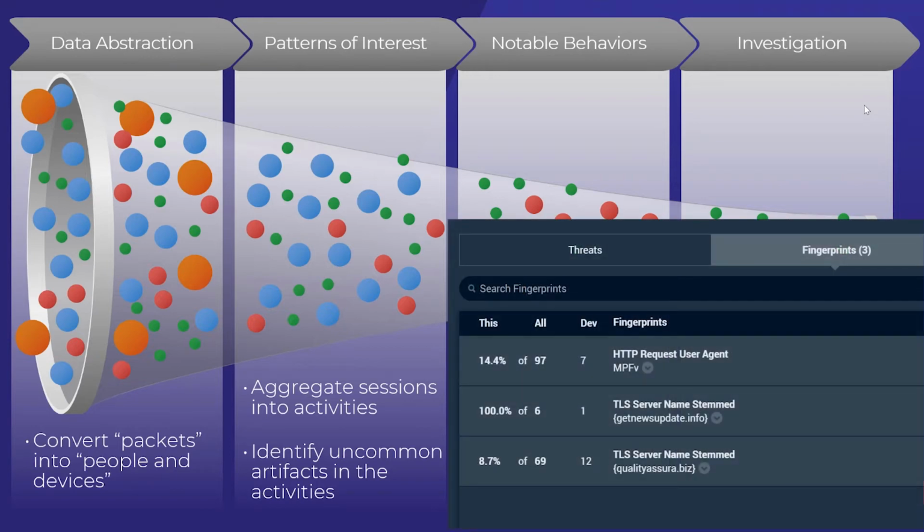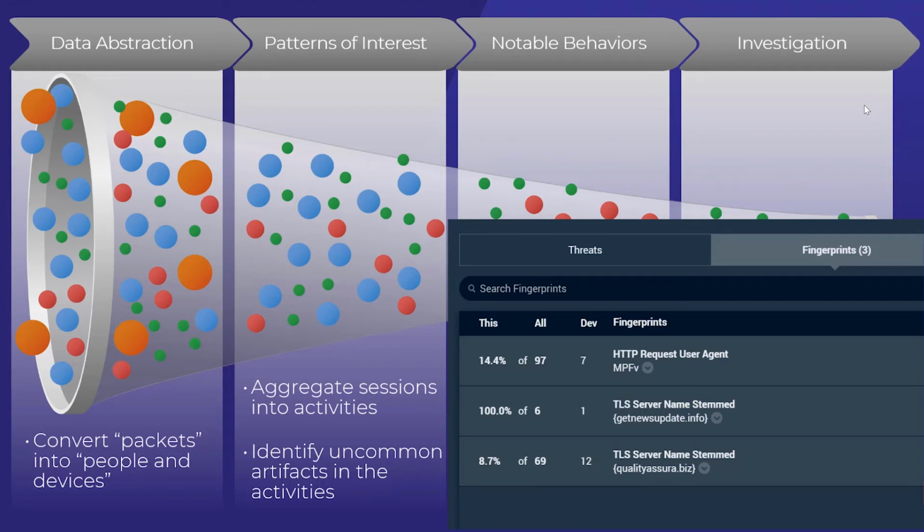So we look across all the traffic, and for this particular device, what we see an example of is the system has determined it's notable, it's interesting. These artifacts are uncommon and interesting relative to all the other devices in the network. And this device is going to these servers using TLS traffic, and we also see this user agent in HTTP traffic. And if you look this up, it turns out that yes, this is indeed related to malware. But this is just the first step.